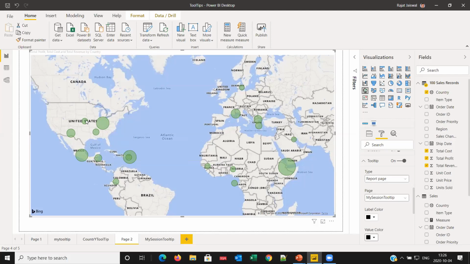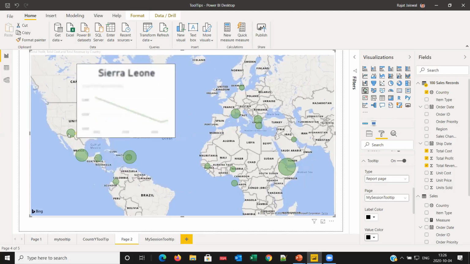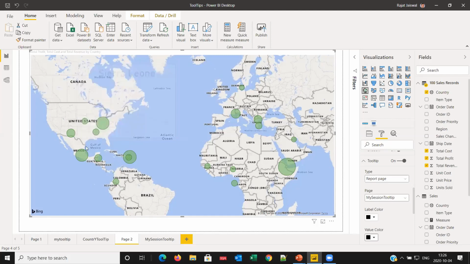Costa Rica is also the same, I think. If we talk about this country, in starting 2012 it rose a lot, and then all of a sudden the graph is going down. So this is the easiest way to showcase the tooltip.